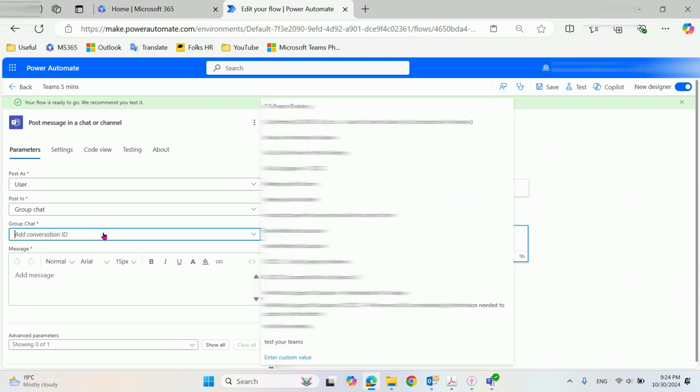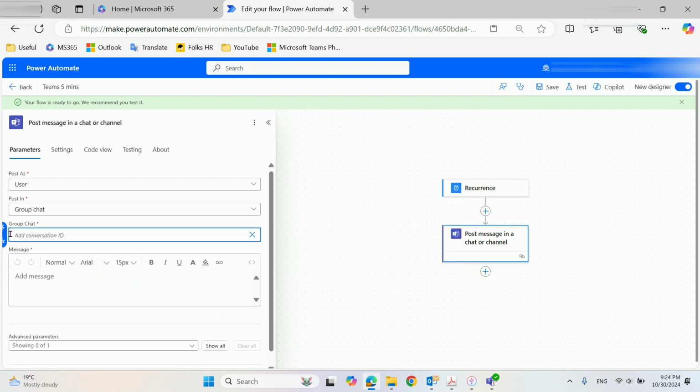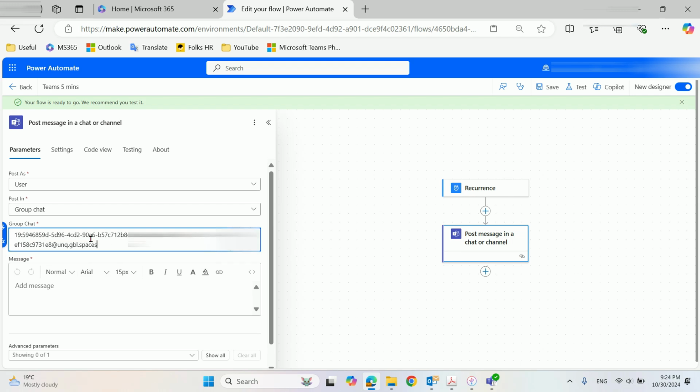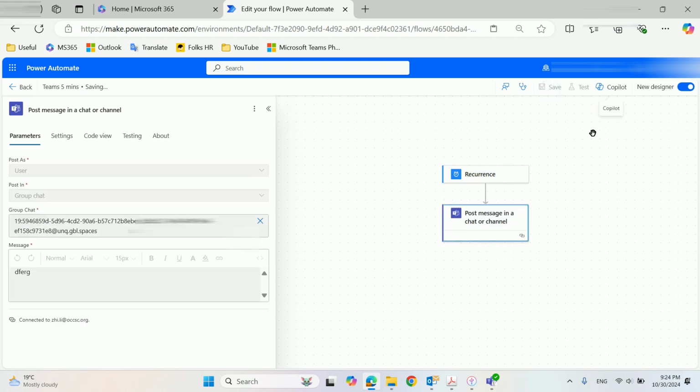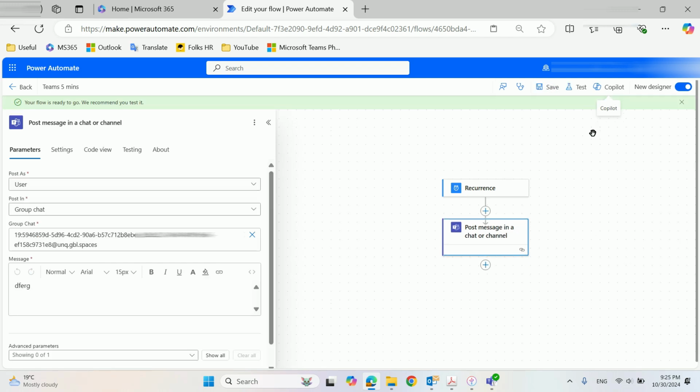So we click it, enter custom value, and then from here, we just paste the information here, okay? Of course, we need some message here, okay? So let's save it. Success, okay? So that's how you get the private chat conversation ID and how to use that in Power Automate,